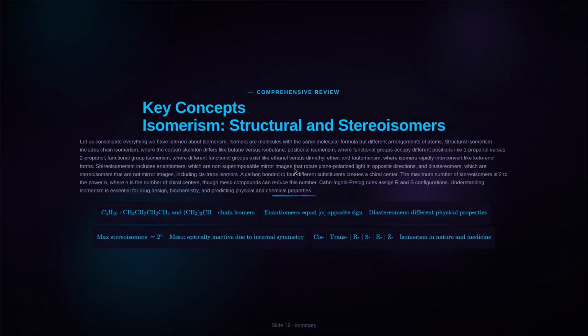Let us consolidate everything we have learned about isomerism. Isomers are molecules with the same molecular formula but different arrangements of atoms. Structural isomers